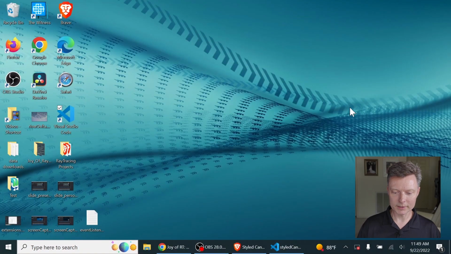So I'm going to minimize this and get to my desktop. Now I have some good news and bad news for you Mac users. The good news is I will be able to exactly show you the steps necessary to get the DevTools enabled in your Safari browser. The bad news is that